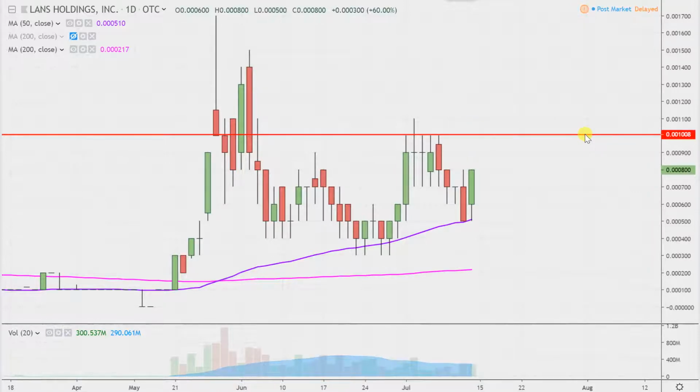But the point here being, and this is not some sort of great discovery on my part, I assure you many people out there have noticed the same thing or are wondering the same thing. Hey, that was a great bounce off that moving average. Can the bulls sustain and get some more momentum? We'll see what happens with it, but let's see if the bulls can get up there and give .001 another run for its money.